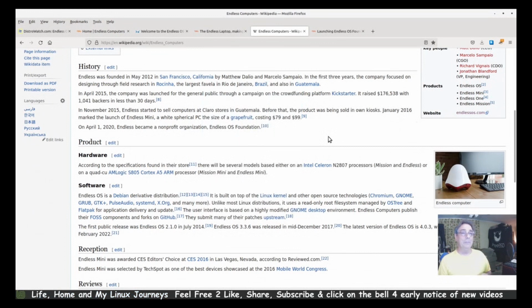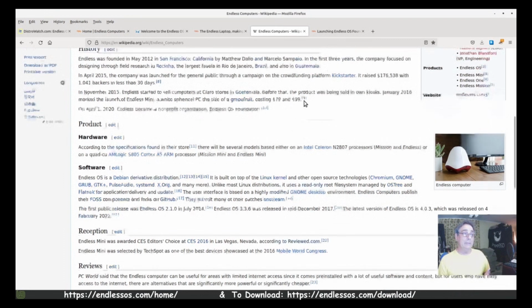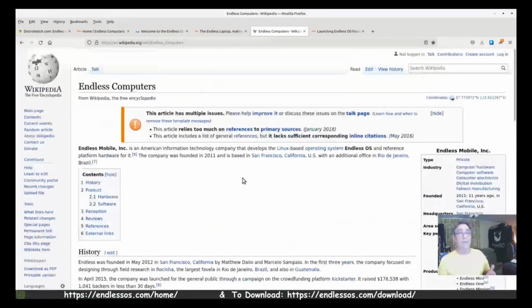In the first 3 years, they focused on design through their field research in Rosina in Brazil and Guatemala. Here it says they even had a mini PC called a Grapefruit that cost $79 to $99. That's a pretty good price if you really need a computer.